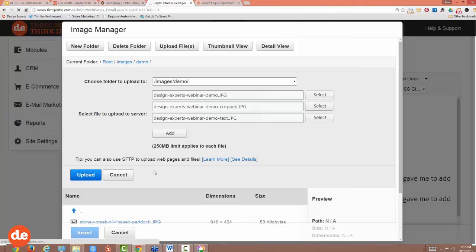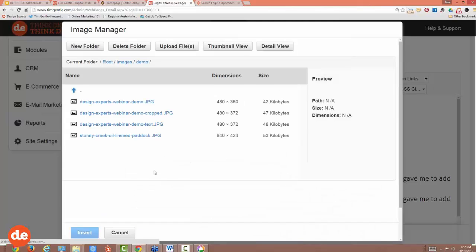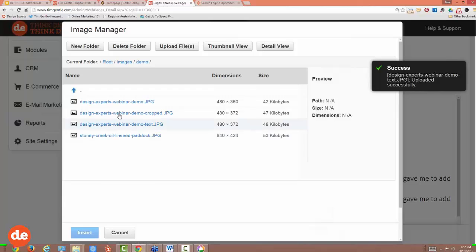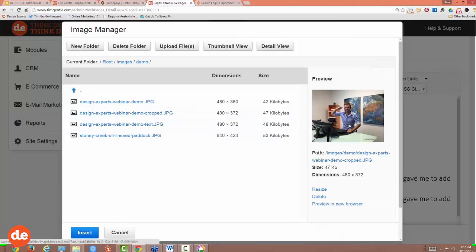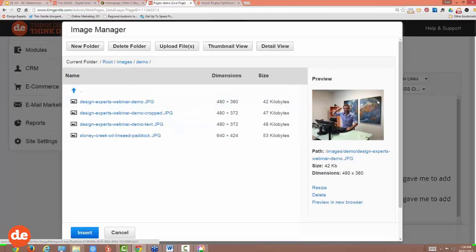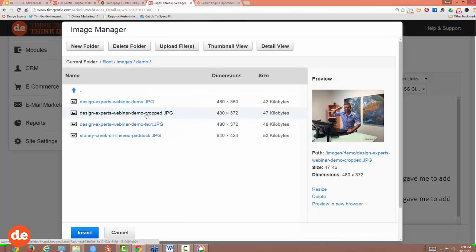So I've just clicked on the blue upload button now. It's bringing them up off my desktop and it's uploaded them into a folder in my website. I can double check that they're there. Here I am on the right. This one has the text at the top, and this one here is just the first one. So what I'll do is I will grab the crop one,